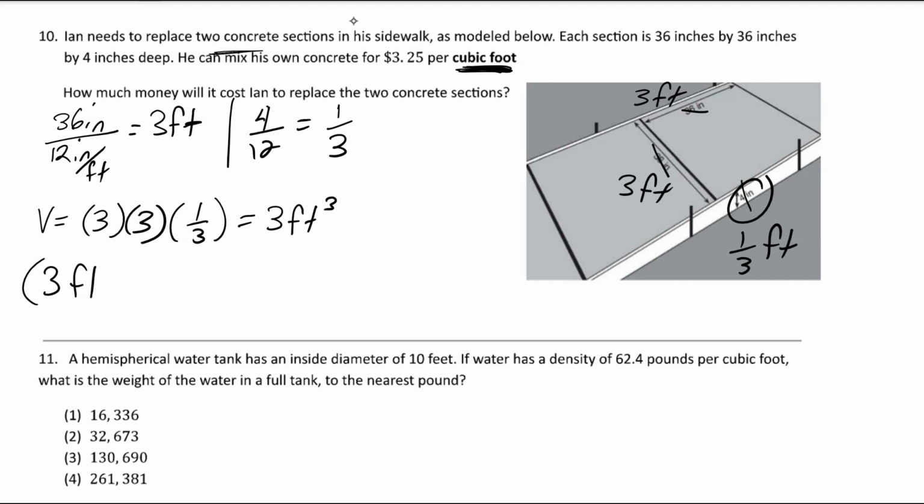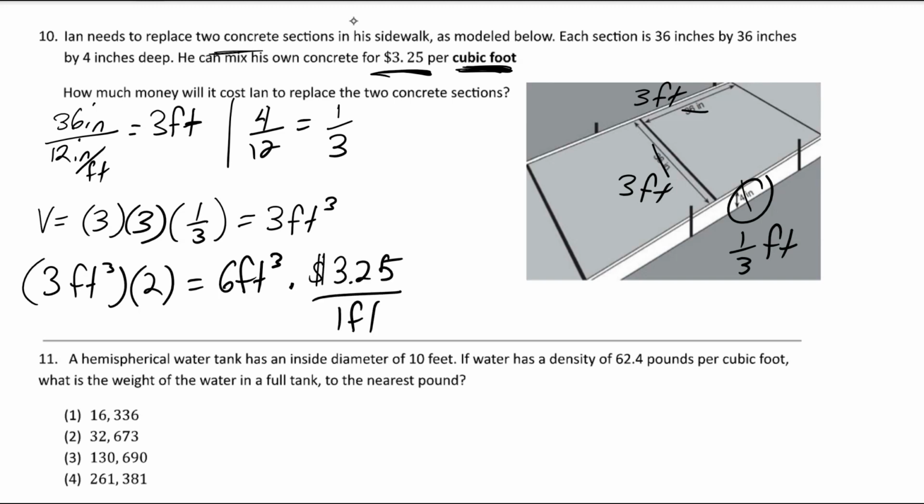So if I multiply that by the 2 that we have, he really has 6 cubic feet of volume that he's buying concrete for. And if he can mix it for $3.25 for every 1 cubic foot, I can multiply those, again, because the units would cancel here. So 6 times 3.25 would be